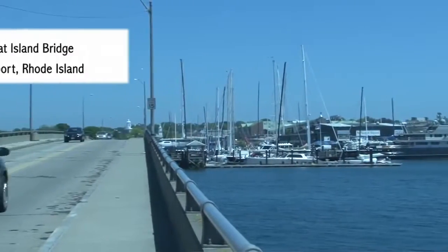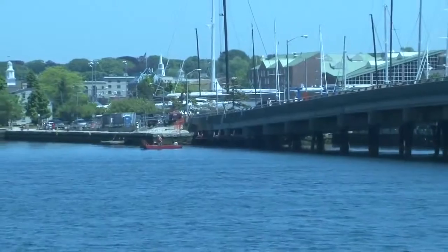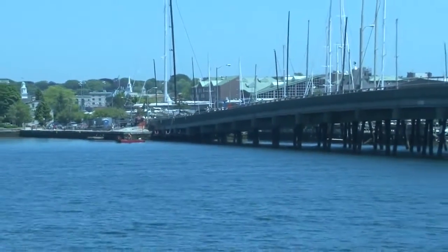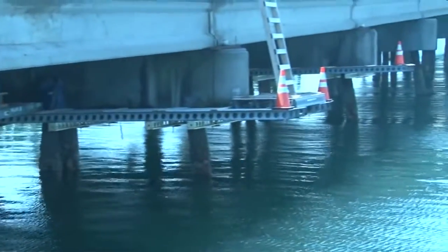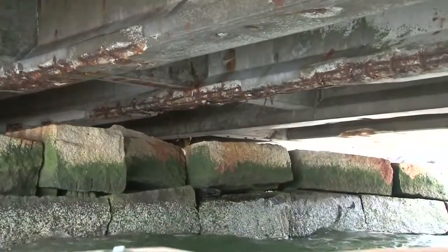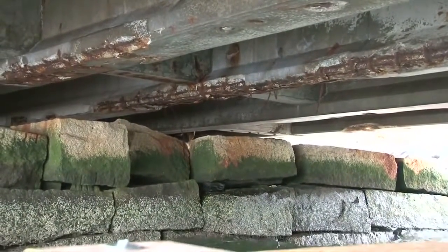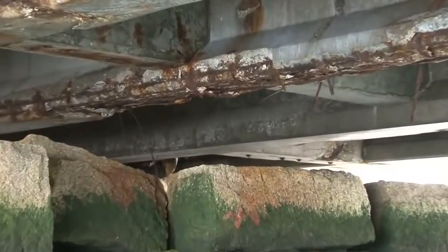Project 1. Goat Island Bridge, Newport, Rhode Island, concrete beam repair. This project included the repair and strengthening of pre-stressed I-girders at the 4 end-span structures over the Newport Harbor. The bridge needed emergency repairs due to severe erosion of the concrete beams on the underside of the bridge. This erosion was caused by direct contact with salt water due to the extreme nature of the tides in the